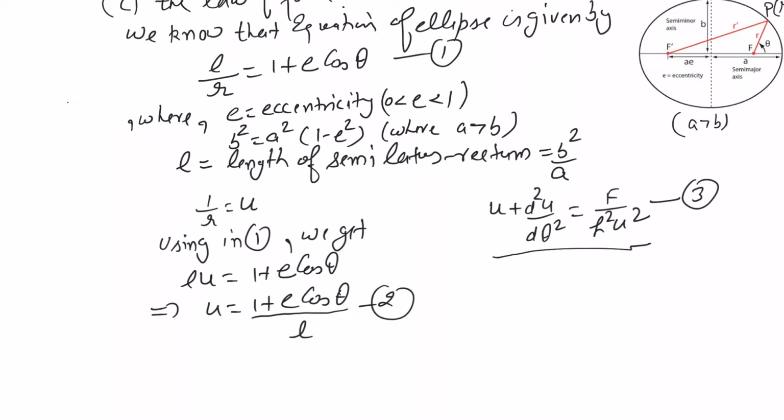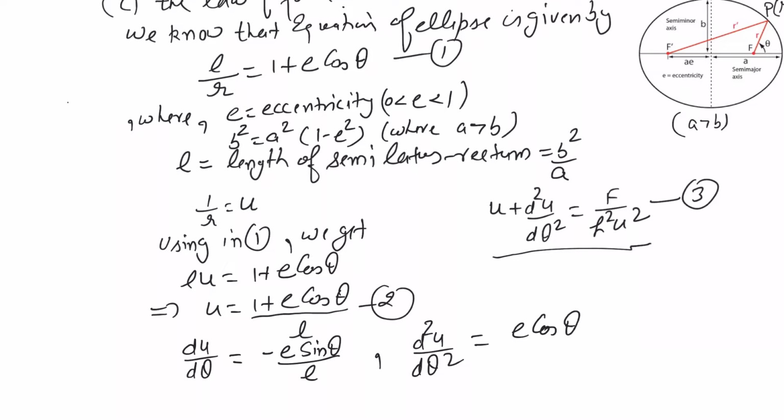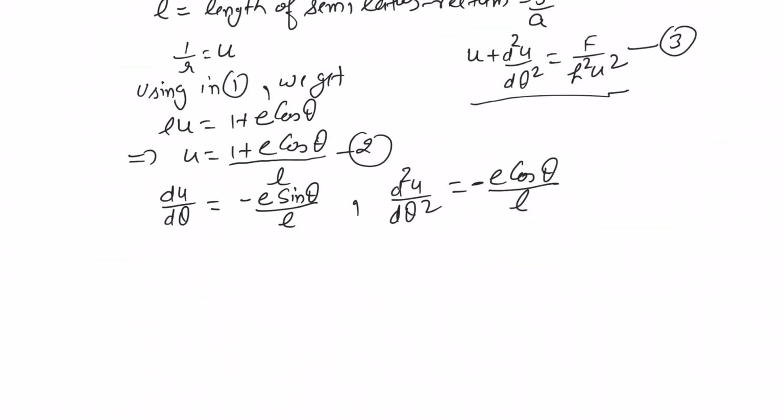Okay. Now for this we need to determine the double derivative, so I am going to differentiate with respect to theta. So what will be du by d theta? It is equal to 1 is 0, and it will be minus E sine theta by L, and L is also constant. Differentiating again, d square U by d theta square is equal to minus E cos theta by L, and here is the minus sign. So using this in equation number 3 we get